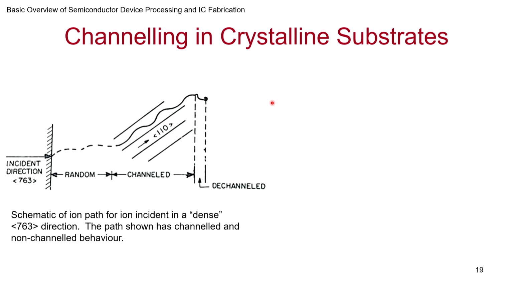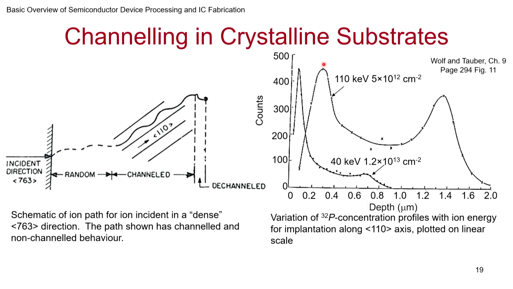So somehow it goes further, and you can see this here. At high energy that is happening, at low energy it is not so much. At high energy, you find that this is where it should go if it were purely random, but because of this channeling effect, some of them are just getting into the channel, and of course eventually when they slow down, they end up stopping somewhere out here. So you have two peaks. This is because of channeling. This cannot be captured by the Pearson 4 model either.